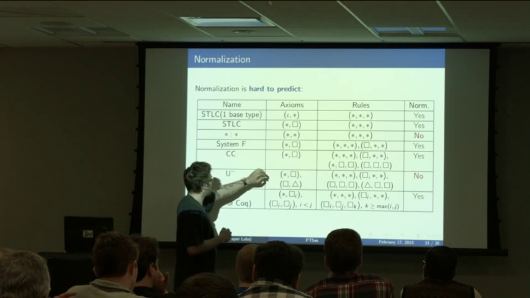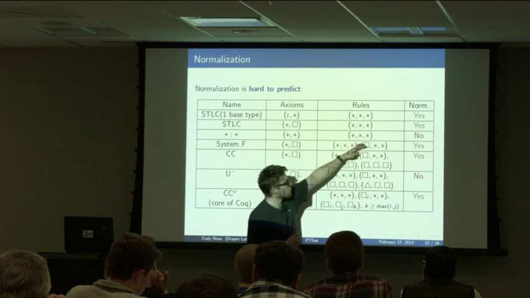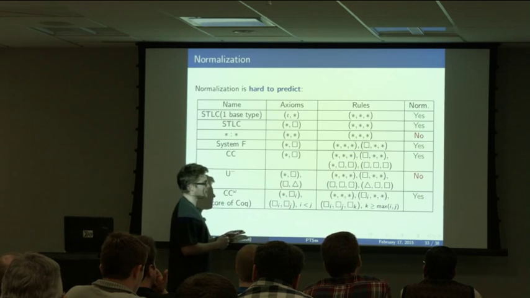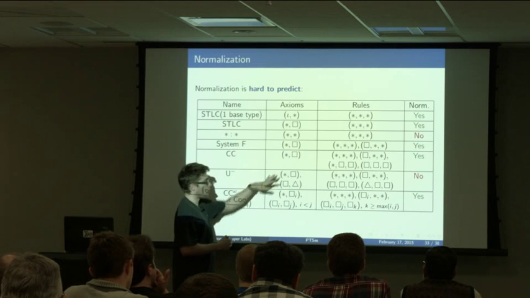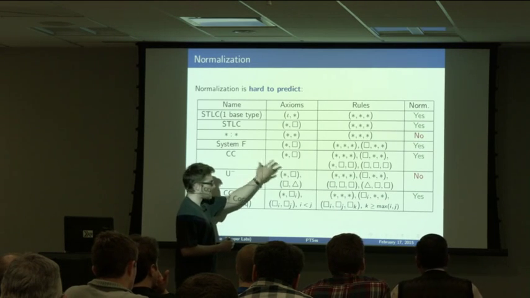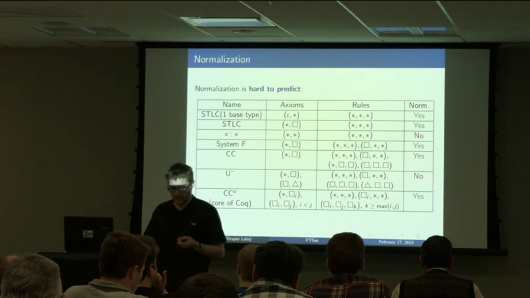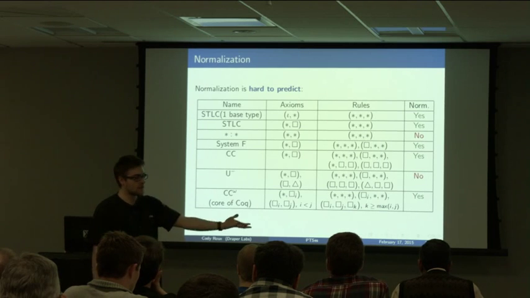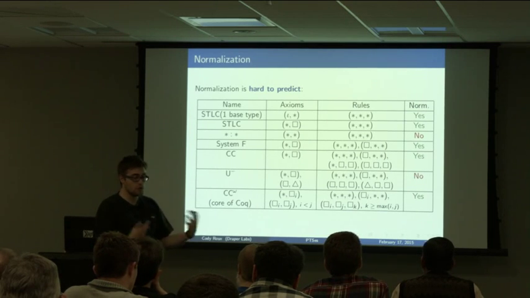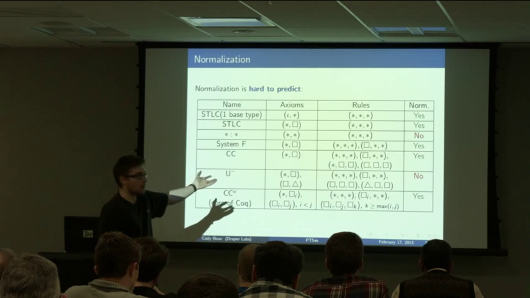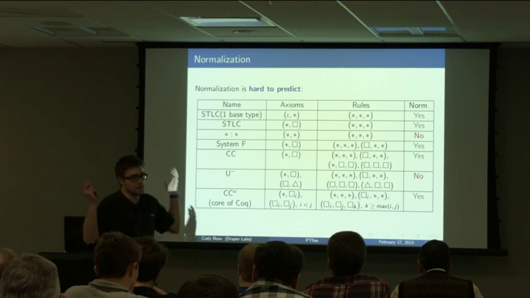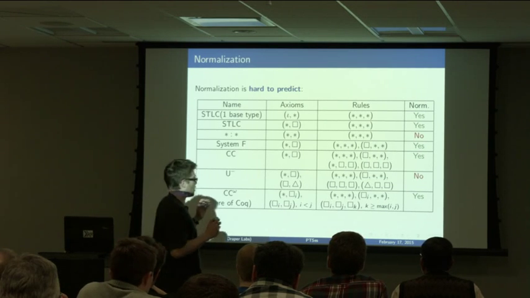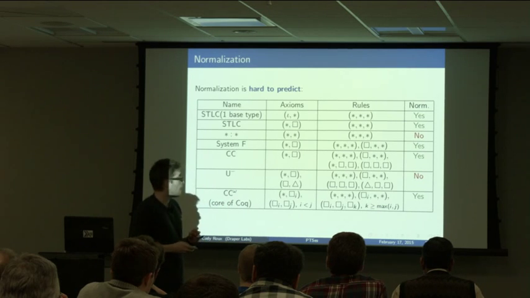Subtle paradox again. So system F has a sort of miracle where the circularity is not broken, and CC looks a lot more complicated than U minus, but it still is normalizing. Quite hard, in fact, to prove, by the way. But U minus is not normalizing, so this pattern seems completely random. It seems very hard, given as input sorts, axioms, and rules, to tell whether it's going to normalize or not, all right? And this is a completely open question. Nobody knows even if it's decidable, so we don't know anything about this question. In general, it's an excruciatingly hard question.